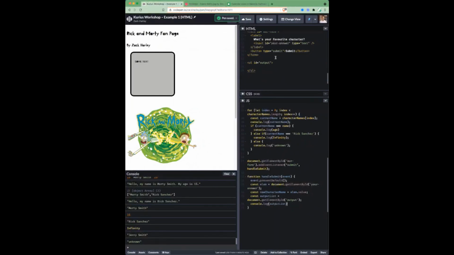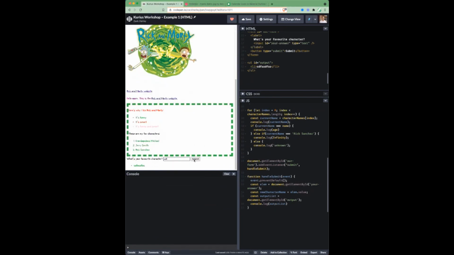Okay, that didn't seem to like it, but maybe that's just because we got nothing in it. Oh yeah, we're not submitting, that's why, whoops. There we go, cool. So now we can see that on submit, we get access to our output list. And what I'd like to do now is using that output list,